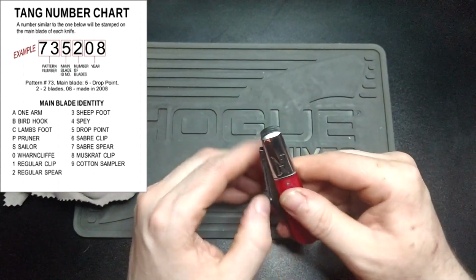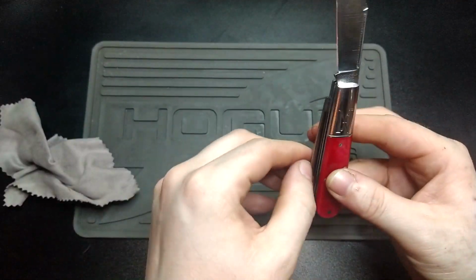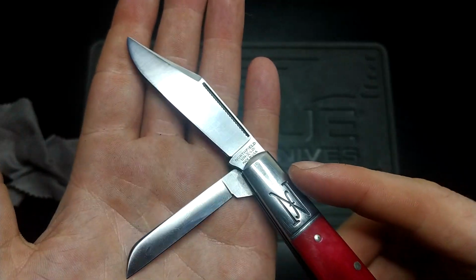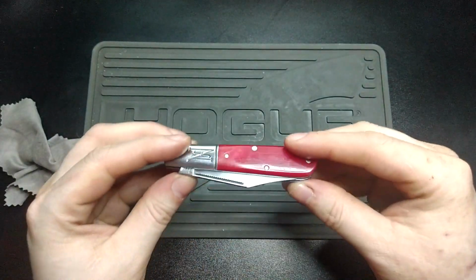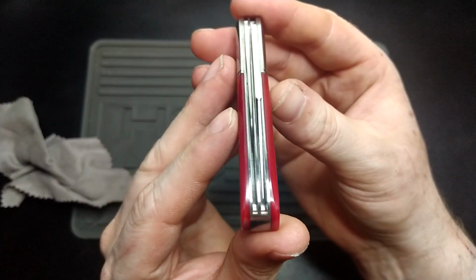So that's your lot there. You do get yourself a nice little sharpening choil on both of the blades, which is great, especially for a really nice piece like this. You don't want to be scratching up that blade too much, or at all really. Centering on this,